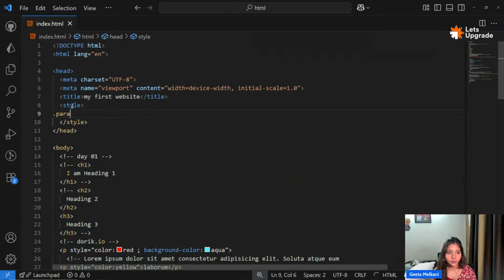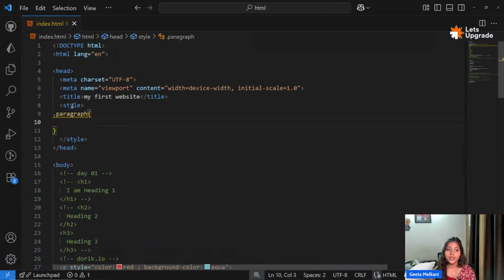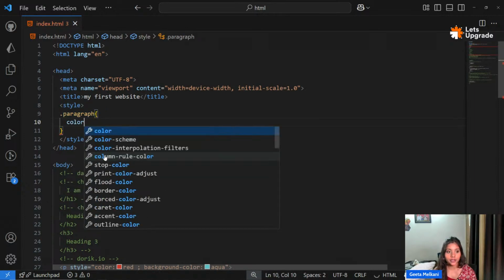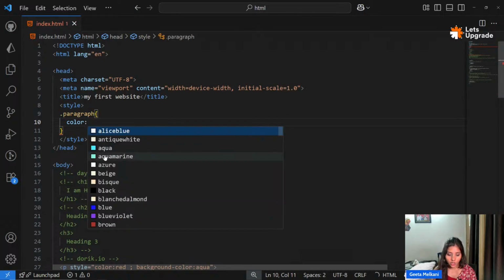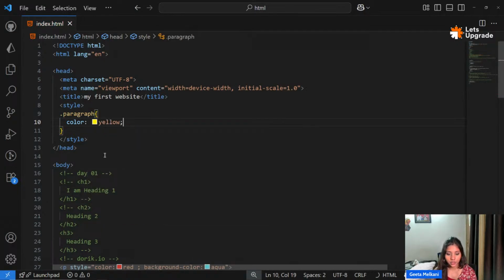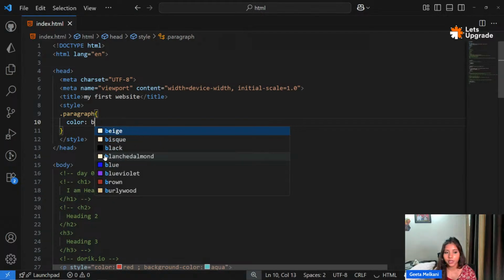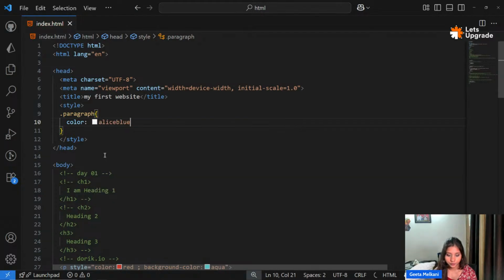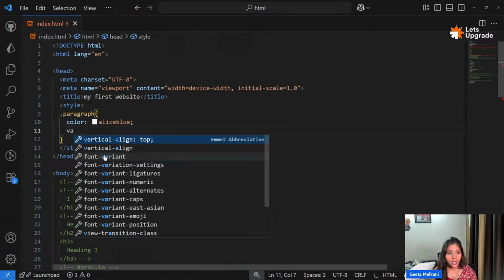Dot paragraph, like so. Okay, every element that has paragraph as a class, I want you to change its color. So now I'll say for the paragraph class, change its color to yellow. Let's change the color to black. It's already black. Alice blue, and change its background color